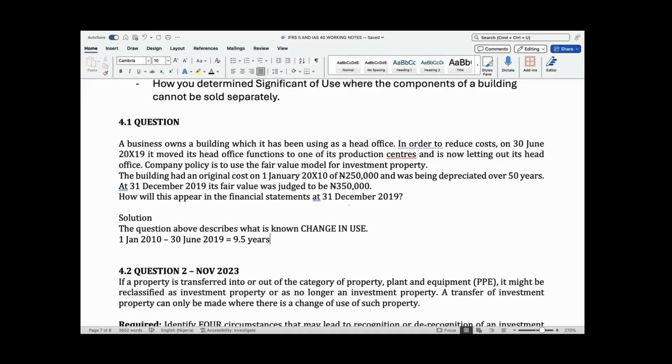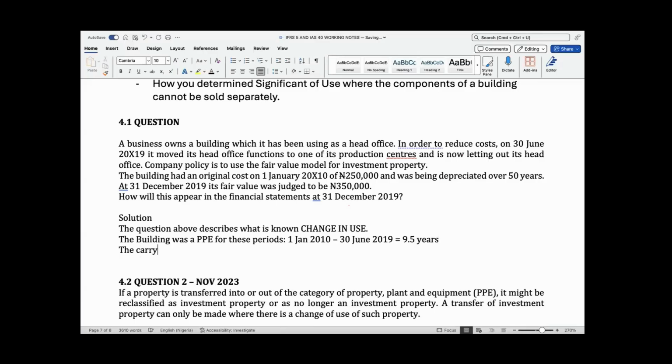So that's half a year. That's 9.5 years. So the building was a PPE for this period. So now let's get the carrying amount. So the carrying amount